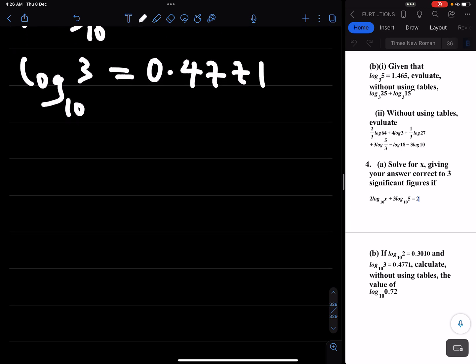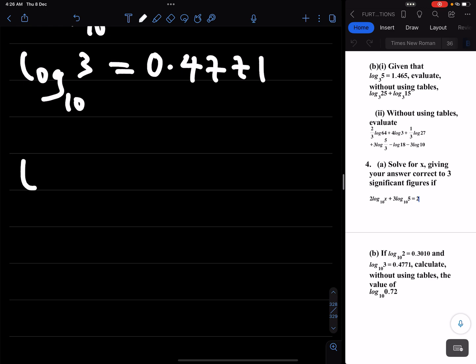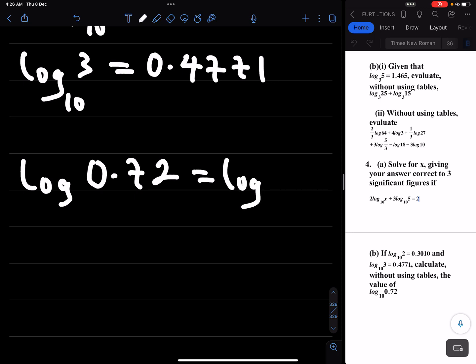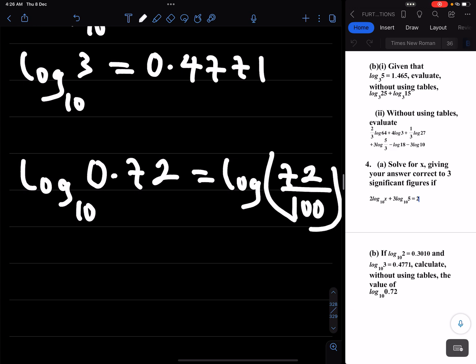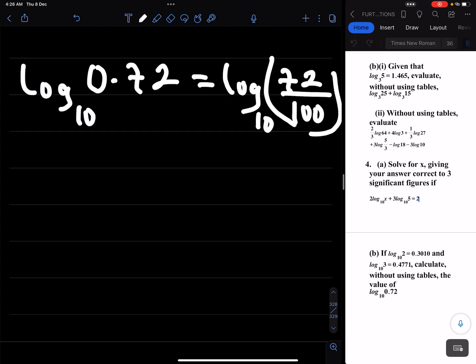Calculate without using tables the value of log 0.72. Log 0.72 base 10 is the same as log 72 over 100 base 10, and that's equal to